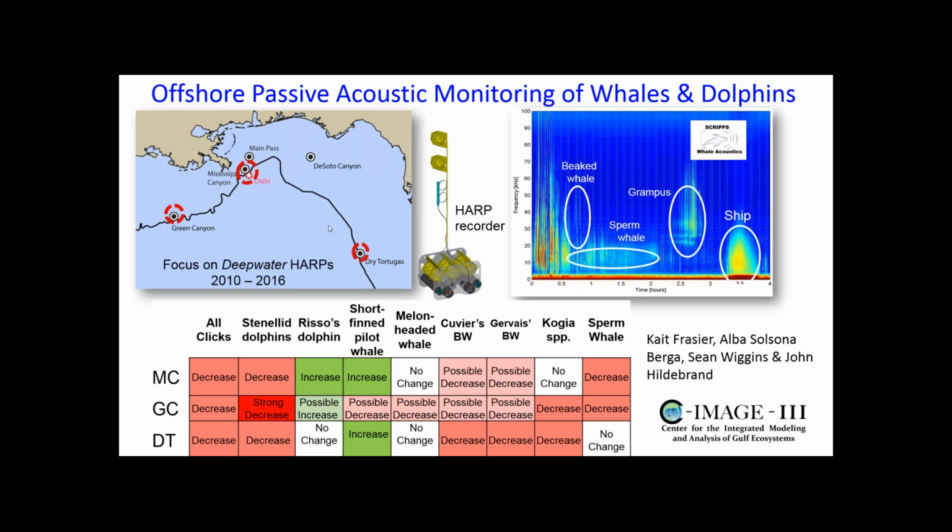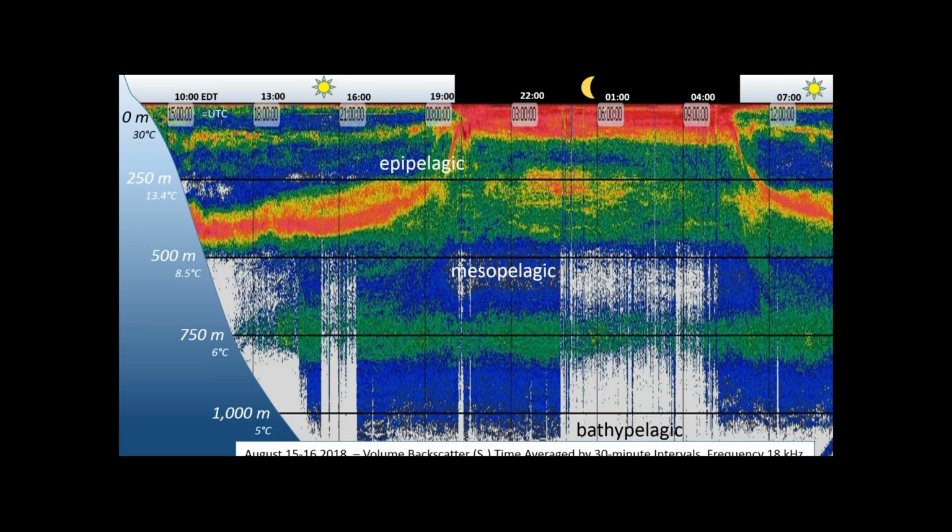But when you think about it, the sperm whales are primarily consuming squids, and if squid populations have been reduced dramatically in the mesopelagic area, particularly around Deepwater Horizon, then that's probably a predator-prey effect that's ongoing. It's really important to try to understand this from the point of view of the vertical connectivity of these resources as well. This is an echogram that we collected in 2018 of the area just south of Deepwater